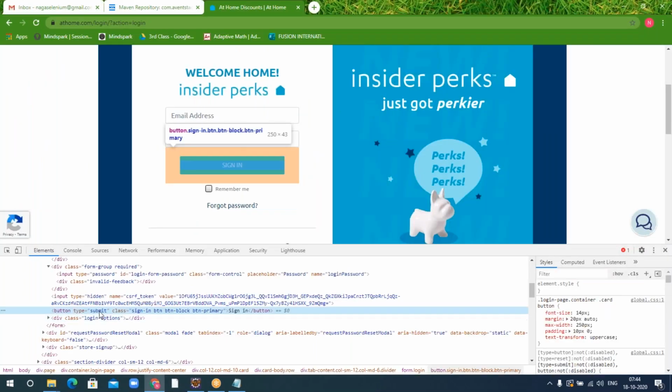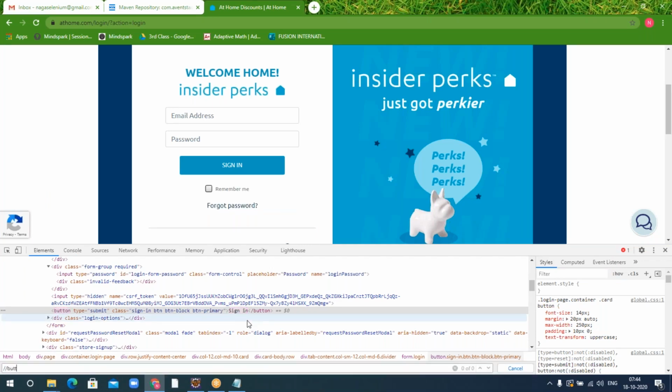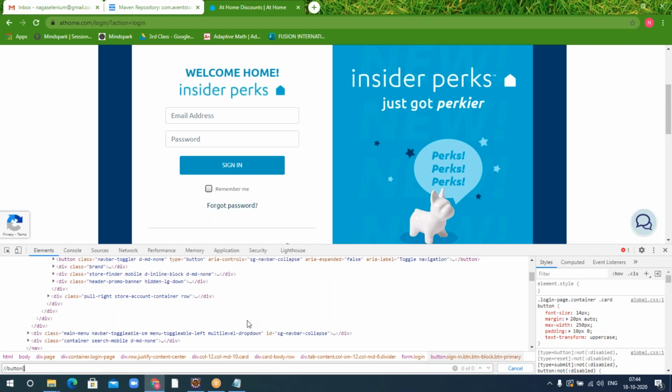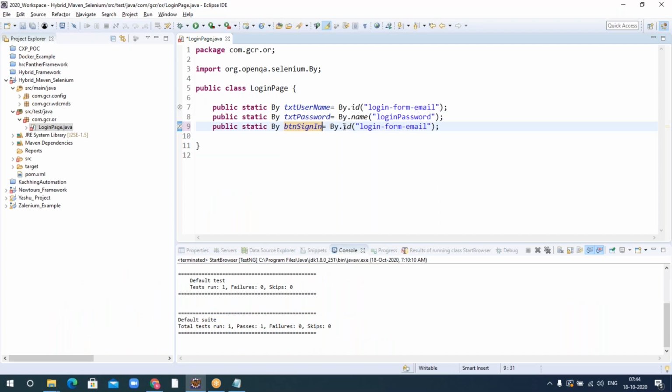So for sign in, yeah, it has a type, it has a class, and it has text also. Let me write the XPath for this one. It's a button, right? //button[text()='Sign in']. Okay, I found the one. So 1 of 1. So I can write this.